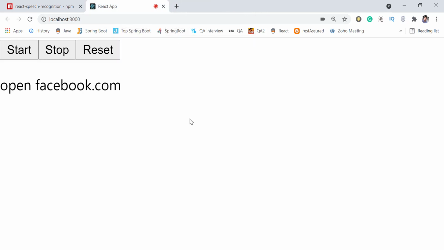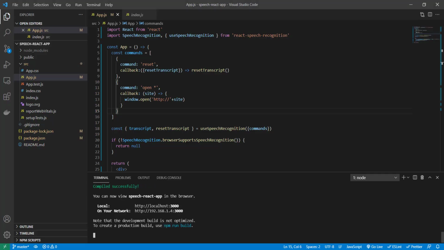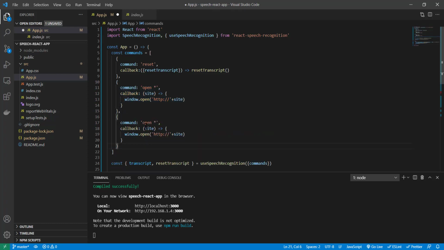Similarly, if you want to perform some other command, you can also write it here. You can simply write whatever you want to do here, and that will perform it. Suppose I copy it and paste it here. It's up to you what command you want to mention here.